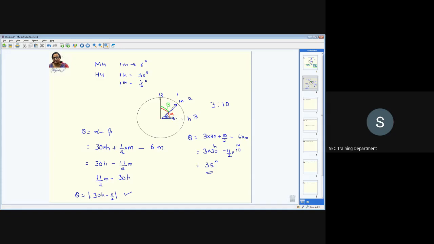The only thing is you have to take care whether it is increasing or decreasing. You know that the hour hand is moving away, which means it is going to increase the angle. So another 5 degrees increase. 1 division is 30 degree, and 5 more is added because of the hour hand. So 35. That's a shortcut. Finding the angle between the minute hand and hour hand is not that difficult. But in case you are not clear with this shortcut, you can always go for the formula. Is that clear?